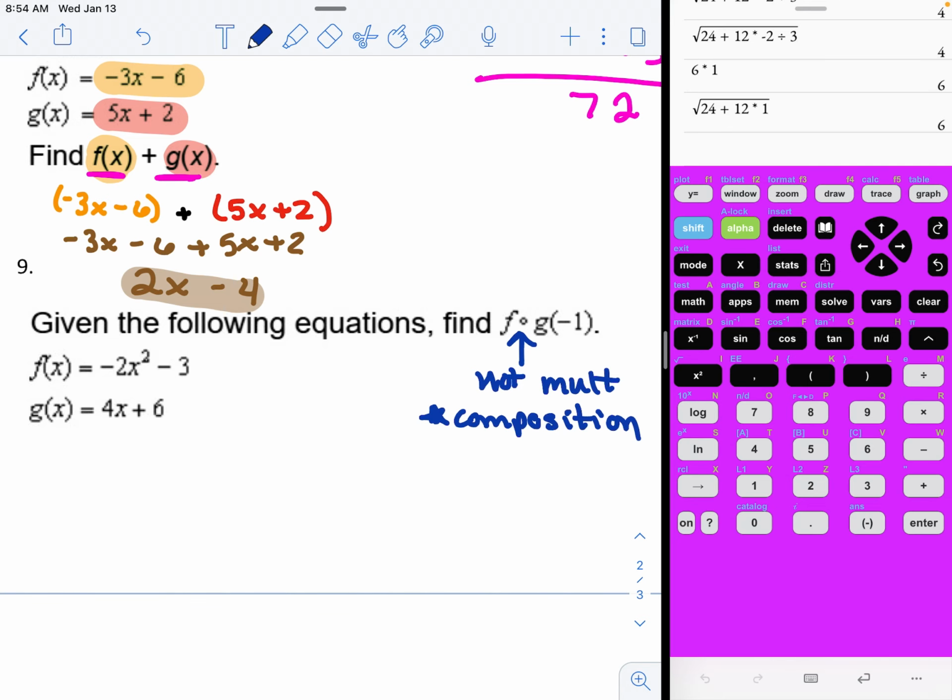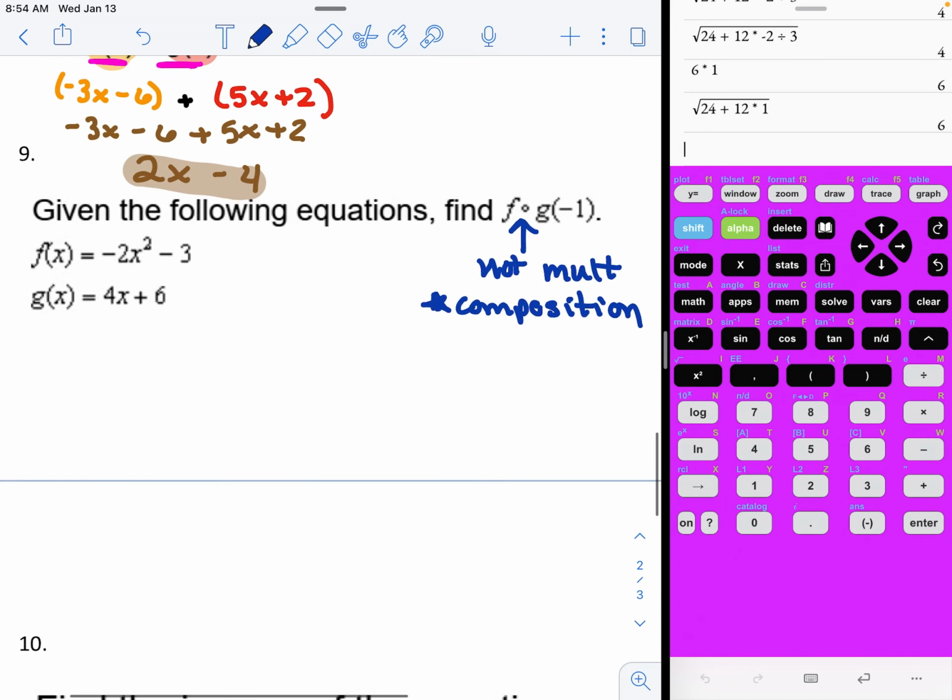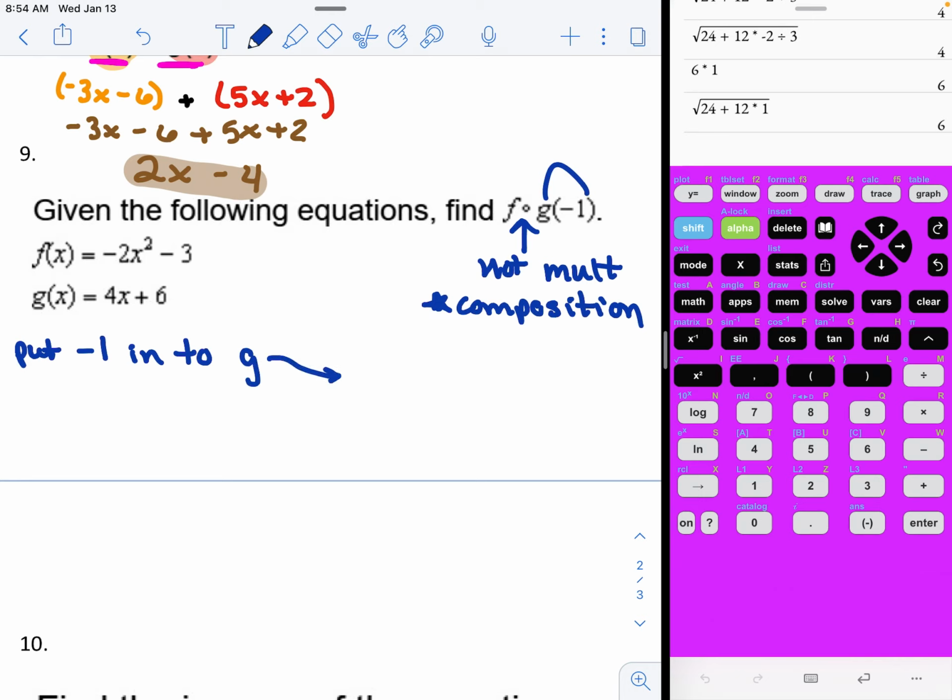Okay, so composition wants me to do this. It says take negative 1 into the g equation. So it's going to be, I'll draw an arrow, 4 times negative 1 plus 6. It's a final answer of 2. Then this final answer of 2, they want you to put that